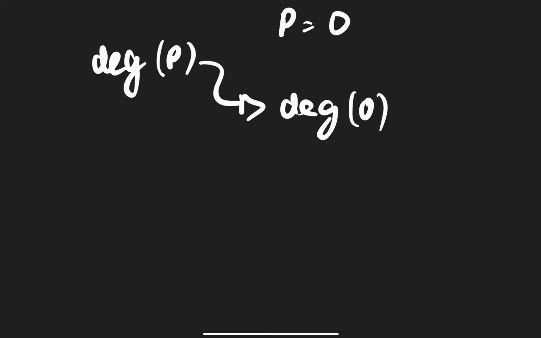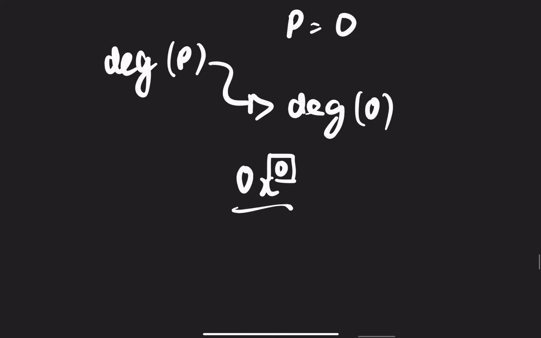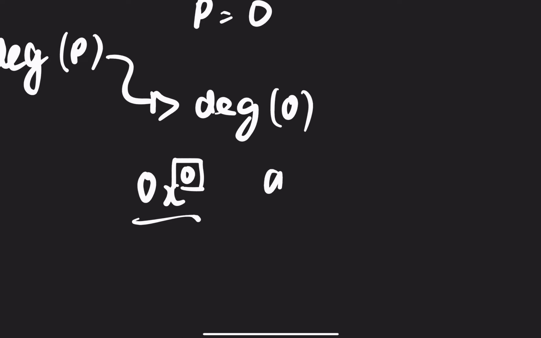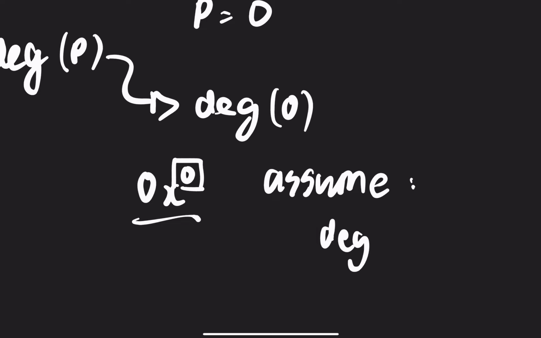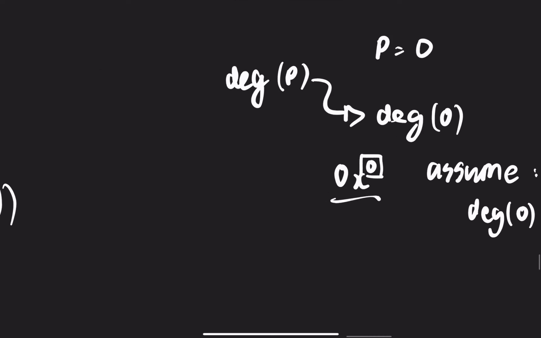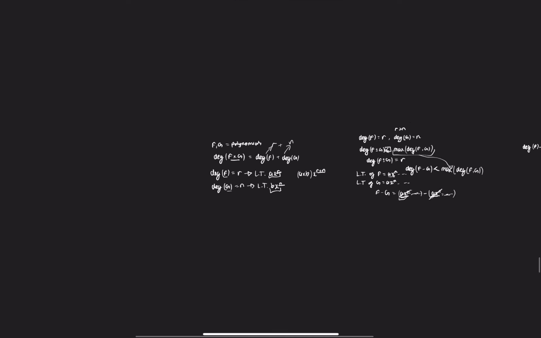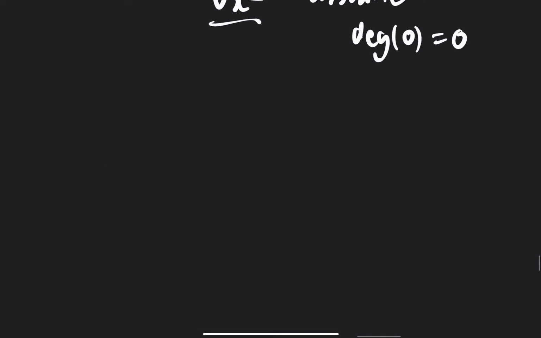Well, what I first thought when I learned about this was that the degree of 0 is 0, right? Because I thought that 0 is the same as 0x to the power of 0, and hence the degree of this is 0. However, if we assume that the degree of 0 equals 0, if we assume that's the case, then going back to the identity